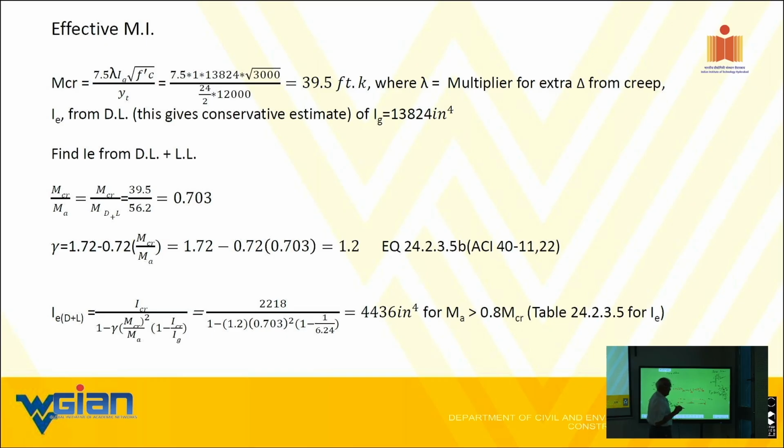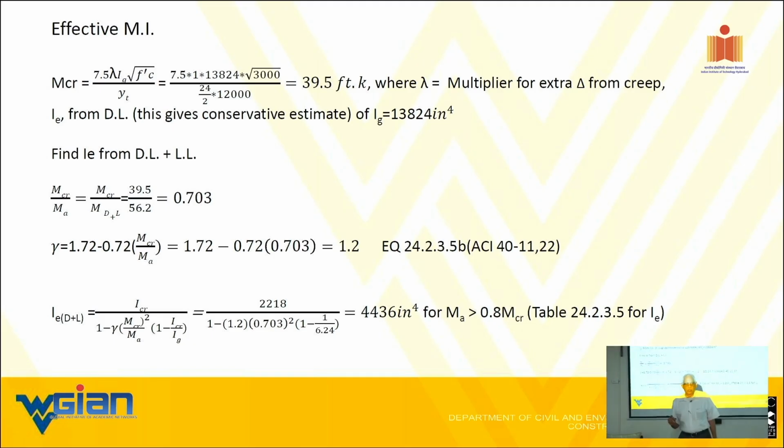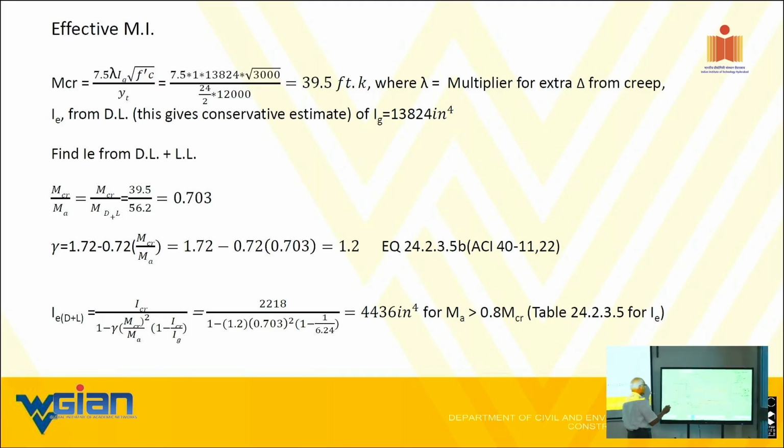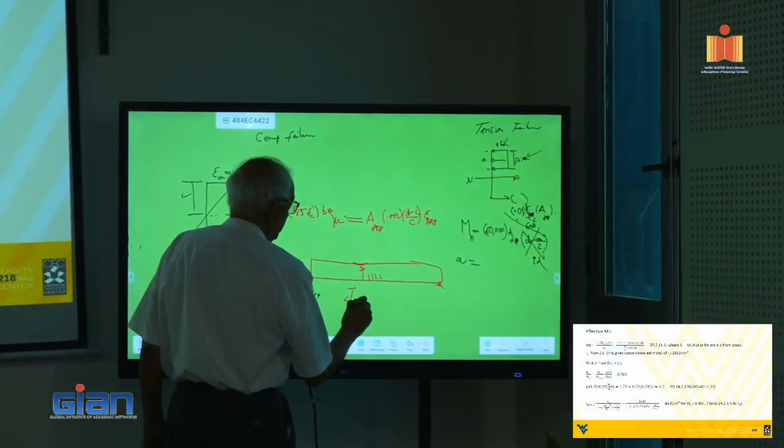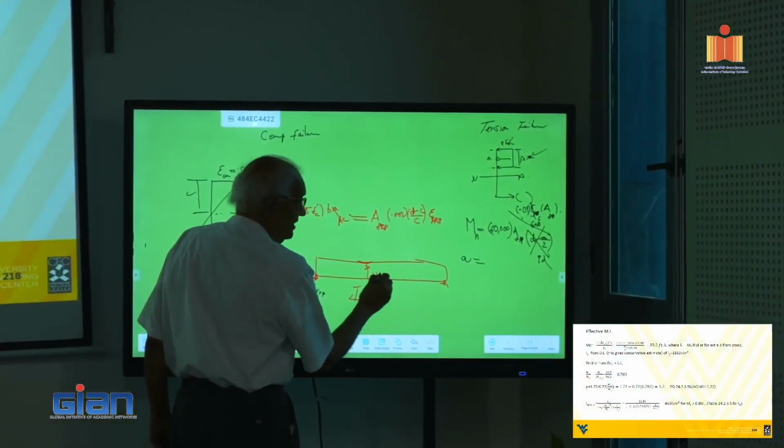But if I take it to failure, that crack is going to go up to there, and then ultimately it will fail in local crushing of concrete. Now, we are not talking about a totally cracked system, no. For service purposes, we are talking about I effective, meaning it cracked all right,